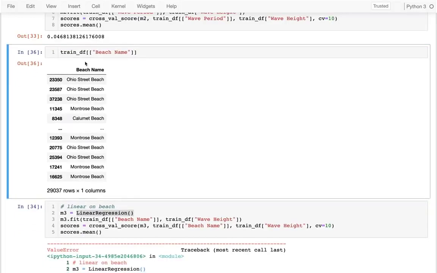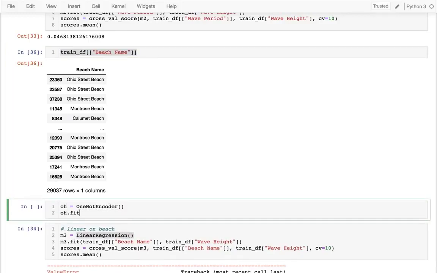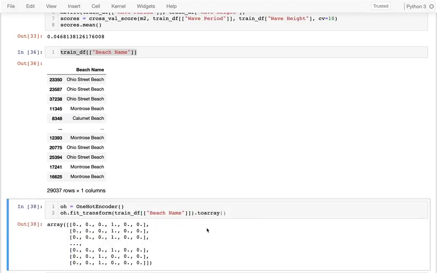The idea that we're going to use instead is called one-hot encoding. And one-hot encoding looks like this. One-hot encoder. I can say one-hot encoder.fit_transform. I'm going to fit_transform this data right here. And I get this weird thing, well, whatever is that? It says it's a sparse matrix. We're going to eventually learn more about that, but I can convert it to this thing, which is a